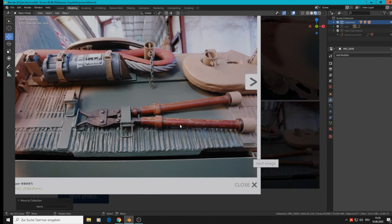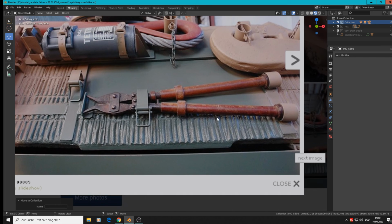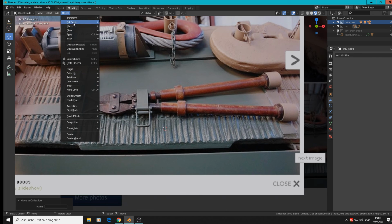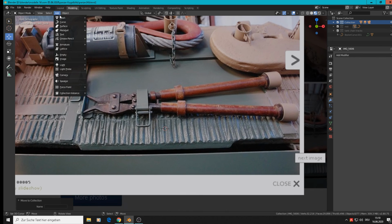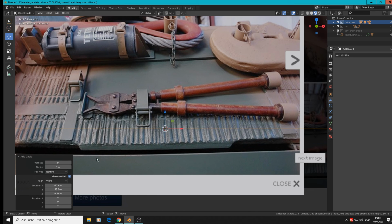This part we must do also. So, how we start that? We start as simple as possible. So object, add mesh, the circle with 24 is okay. Scale down,